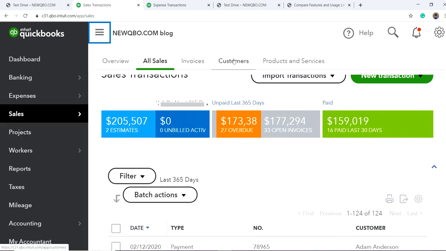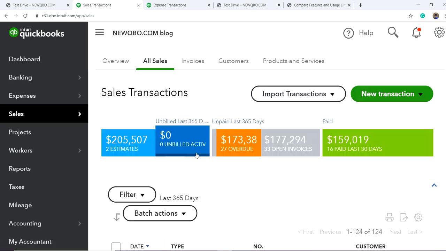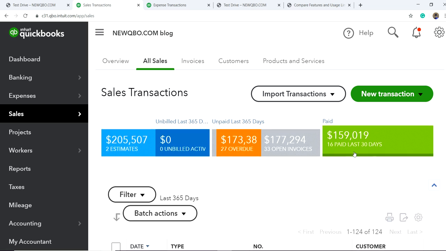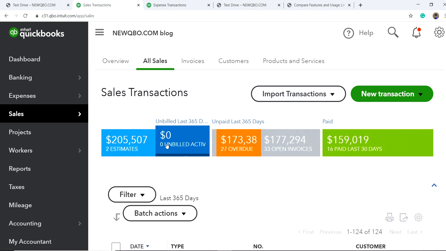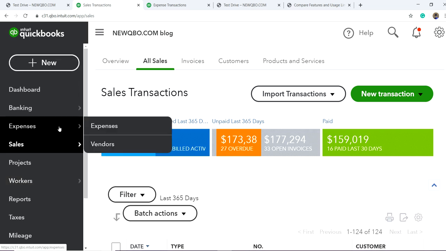So if you can see overview in here, right, all the graphs and stuff, and if you select all sales, it will give you money bar in here. So you have two estimates left, you have no unbilled activity, and you have overdue and open invoices and paid in last 30 days. Okay, so let's say you want to enter some expenses and we want to make it billable. Alright, so let's go to expenses